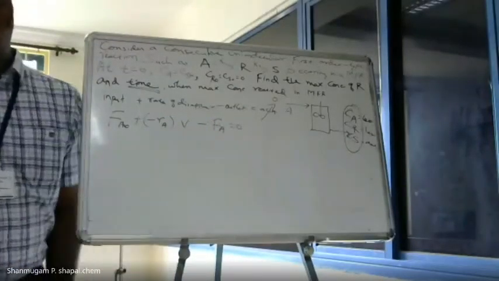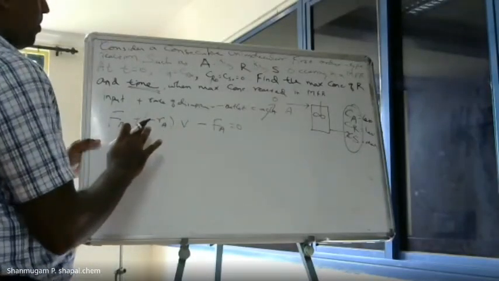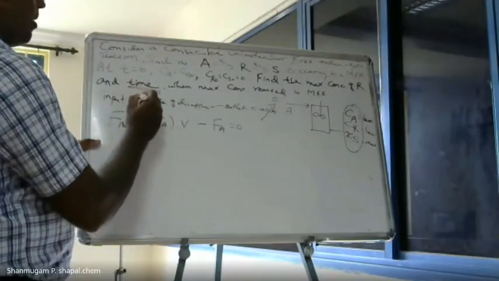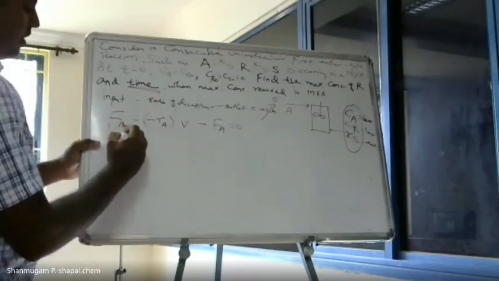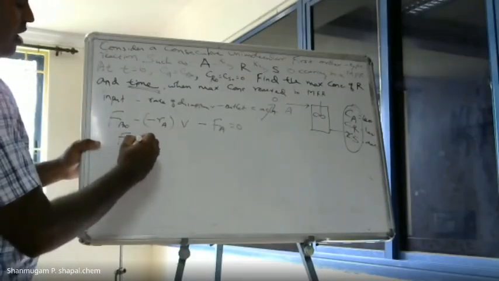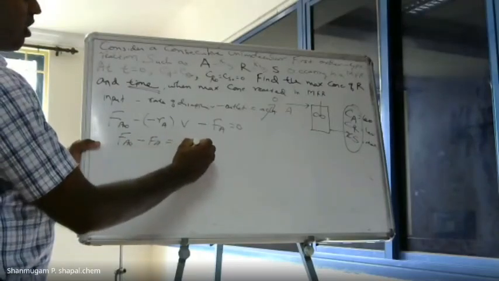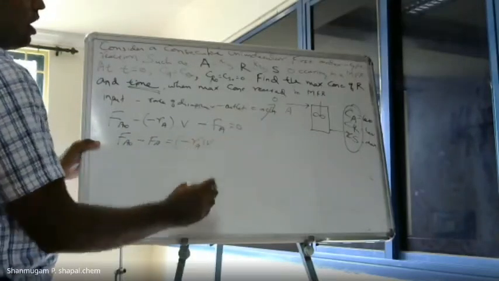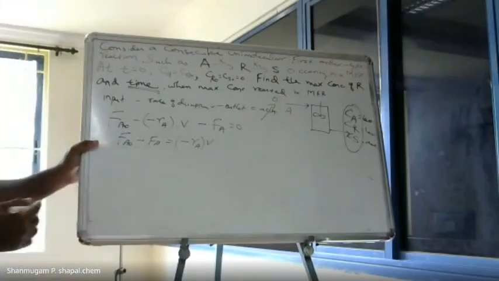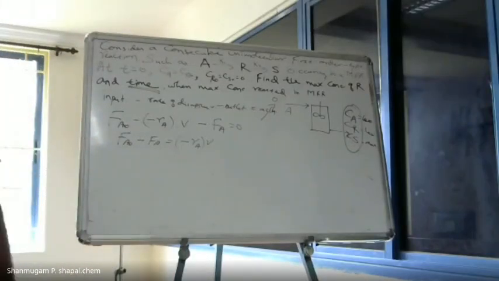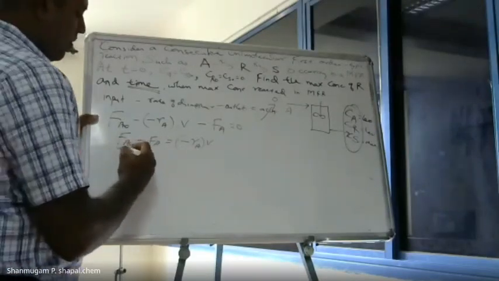Okay, so this is the actual performance equation. So FA naught minus FA equal to minus RA V. Now what is minus RA, that you need to know. So before we take minus RA, the FA can be written as